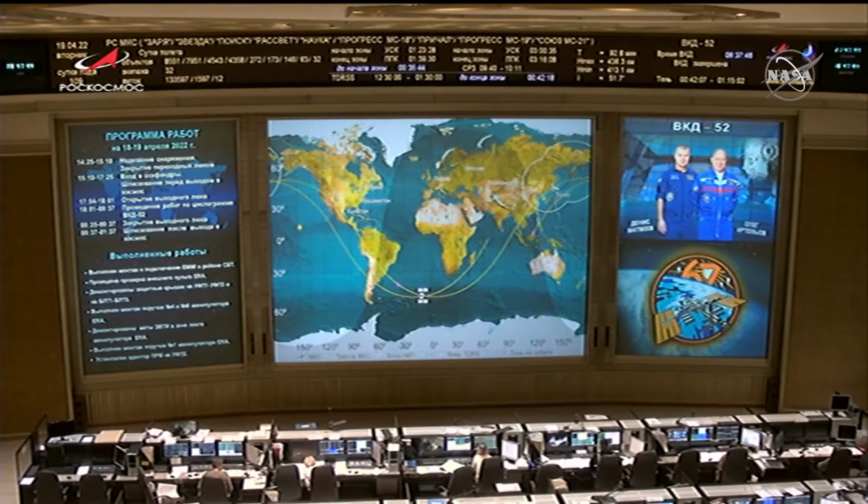Module pressure is 210. Suit pressure for EV1 is 0.1 and 0.1 for EV2. Copy. Module pressure is 230. This is Mission Control Houston with Oleg Artemyev and Denis Matveyev safely back inside the Poisk